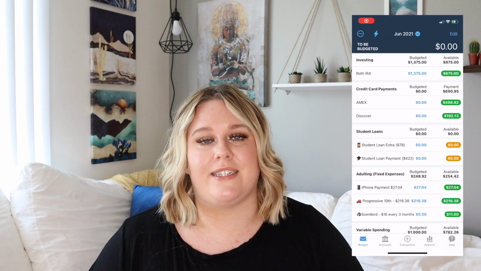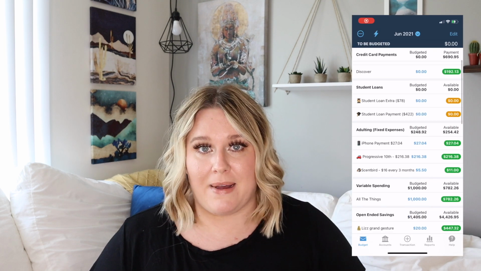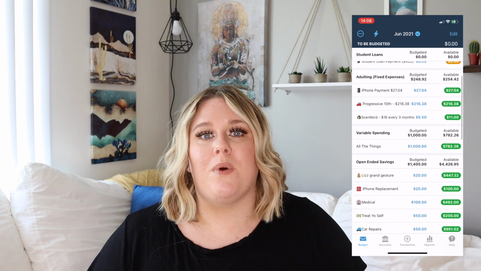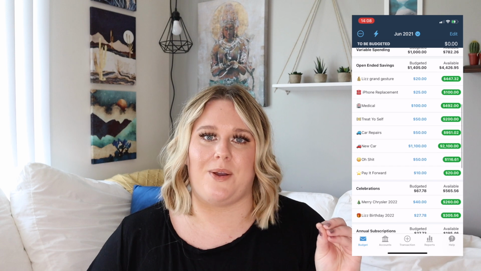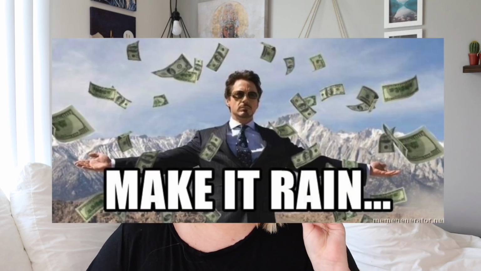Because you're only budgeting the money that you have on hand and you're looking at all of your categories, you know what is coming up and what expenses you have to fund with that money until you get more money. You are looking at your budget as a whole rather than just looking at the amount of money that you have in your bank account and feeling like you are rich.